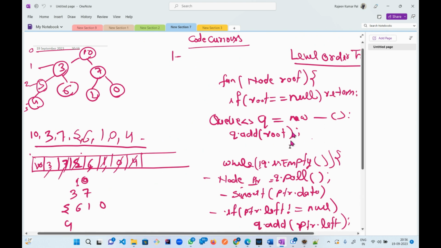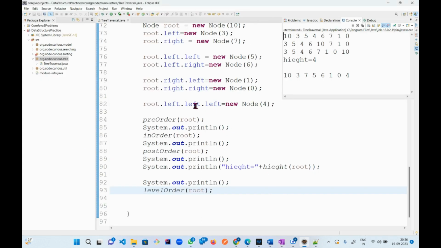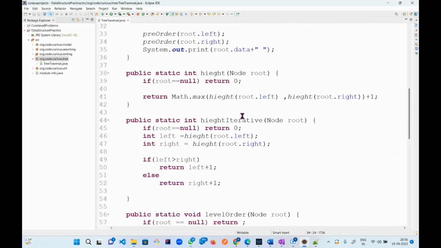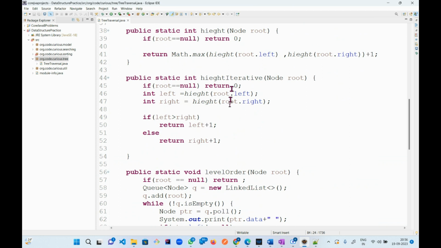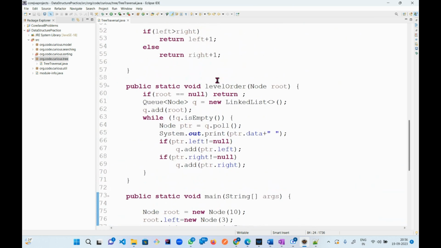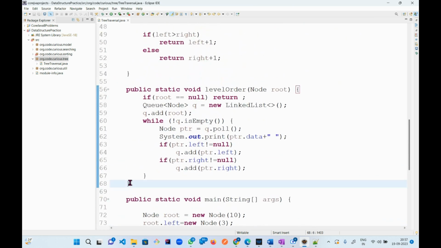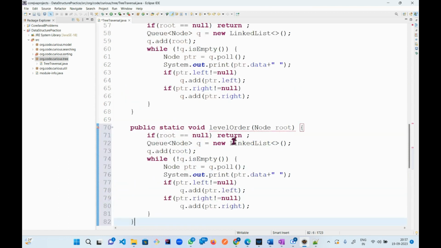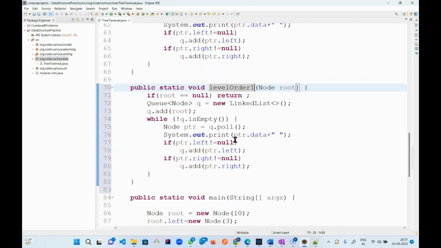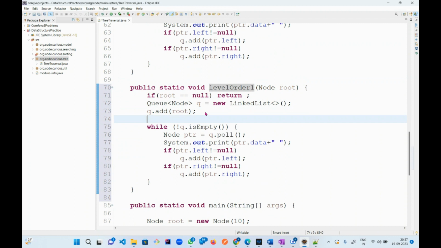ठीक है। तो ये प्रूव हो चुका हमारा। आगे चलते हैं अदर अप्रोच में। सेकेंड अप्रोच हमारा क्या है? जो लेवल ऑर्डर ट्रेवर्सल हमने किया है, तो कॉपी पेस्ट ओनली। लेवल ऑर्डर ट्रेवर्सल, फर्स्ट अनदर अप्रोच। So here what I have to do, q dot add another null। यहाँ पे वो कंडीशन हम चेक करेंगे। पहले तो मैं इसे डायरेक्टली रन करूँगा, बाद में चेक करेंगे, ठीक है।